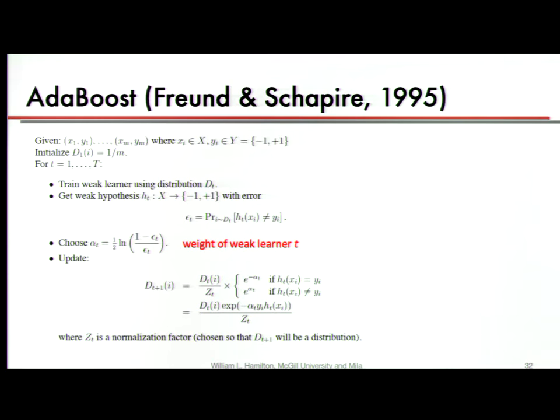So we're just figuring out how much we should pay attention to these points based on our current model, whether or not it classified them correctly, as well as how well this model did. And then we want to make sure that this d, this distribution, always sums to 1. So a lot of this might seem somewhat arbitrary. Why is alpha equal to 1/2 ln((1 - epsilon)/epsilon)? Why is that the amount of weight that we want to give one of these weak classifiers? Why are we doing this exponential update?